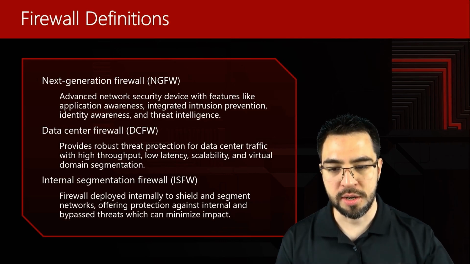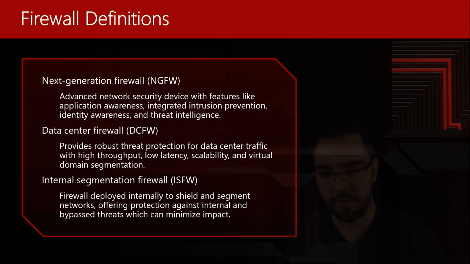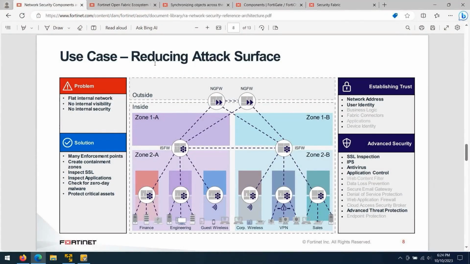If we go back to our demo computer, I just wanted to show you a quick representation of what Fortinet tries to demonstrate with this. By having a tiered infrastructure, the lower tier devices and firewalls are going to be the ones closer to the users, the devices, and our servers. Just because in this example we only have two locations, there's no data center firewall, but the same rule applies. The higher you go in the tier, the more it applies to those particular roles. And finally, the one that is going to connect us with the outside world is going to be your next generation firewall. If we go back to the slides,